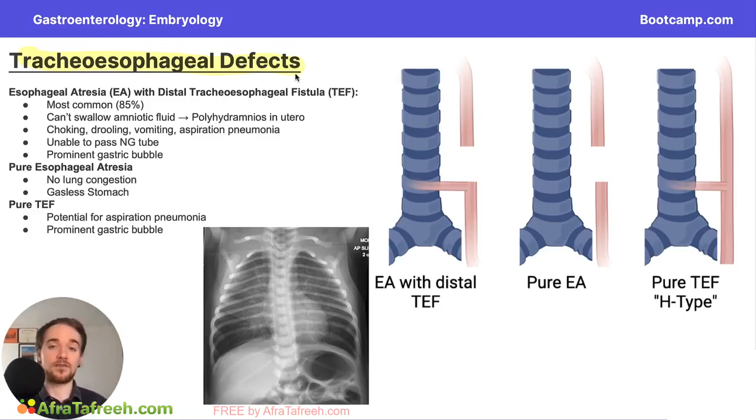And tracheoesophageal fistulas are a question that can absolutely come up in your STEP exam, but they're not going to give you a great amount of detail about tracheoesophageal fistulas during these questions. They mostly just want you to know these three different subtypes. And the three subtypes are pure esophageal atresia, pure tracheoesophageal fistula, and then esophageal atresia or EA with distal tracheoesophageal